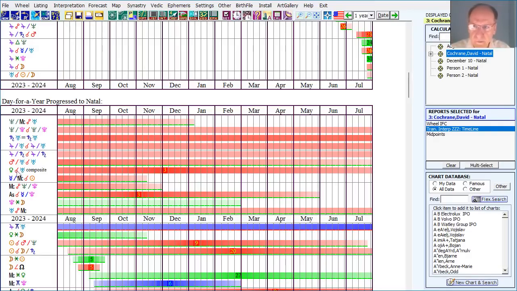So there are 3 kinds. There's the composite, there's the same phase angle, it'll say equals, and then there's midpoint to midpoint. And here you see the Jupiter-Uranus midpoint conjunct. This is the progressed Jupiter-Uranus midpoint conjunct the natal Jupiter-Uranus midpoint, and the progressed Jupiter-Saturn midpoint conjunct the natal Jupiter-Saturn midpoint. But notice the color hardly changes over a year. It looks almost the same color. That means it's lasting for so long, probably 10, 20, 30 years, that I don't give any attention to it. Maybe I should, but I just don't know how to deal with that right now.